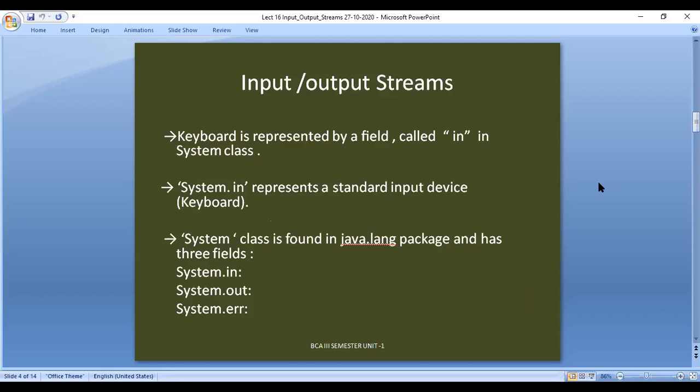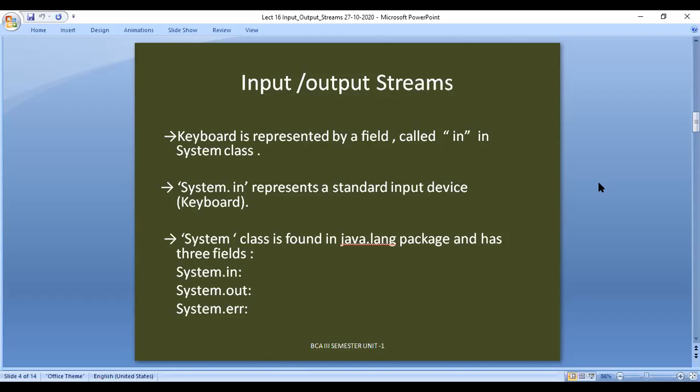So next, let us see. As I said, the keyboard is one kind of input device which sends the data through the input stream, and it will be received by the output stream, and the output stream will send the data to the output devices.